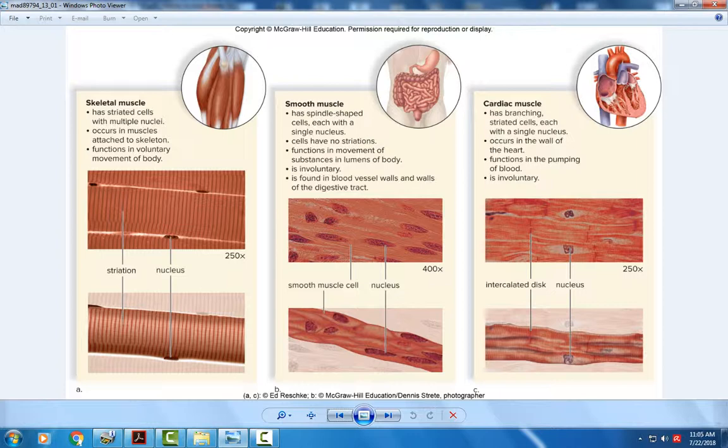For example, when the atria contract at the top of the heart here, this is lined with cardiac muscle. When those two are stimulated to contract, they contract as a unit. The same thing with the ventricles, the right and left ventricle. When these cells are stimulated to contract, they contract as a unit. And that allows the heart to really effectively pump blood, either from the atria to the ventricles or from the ventricles out the arteries to the rest of the body. So it's really important that these intercalated discs help them to function together as a complete unit for efficient contraction